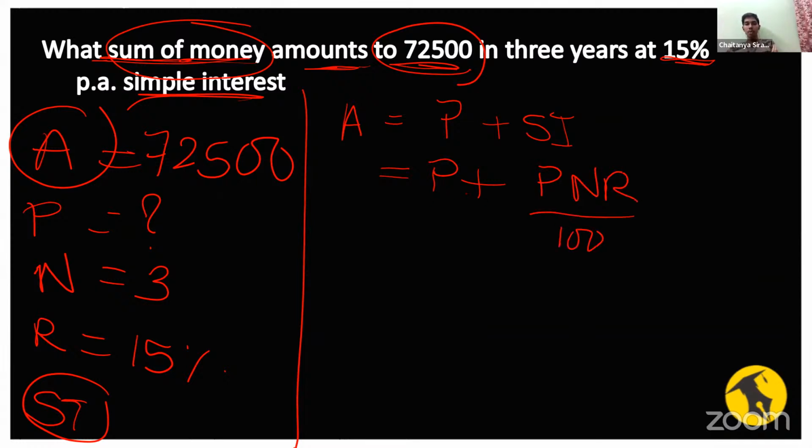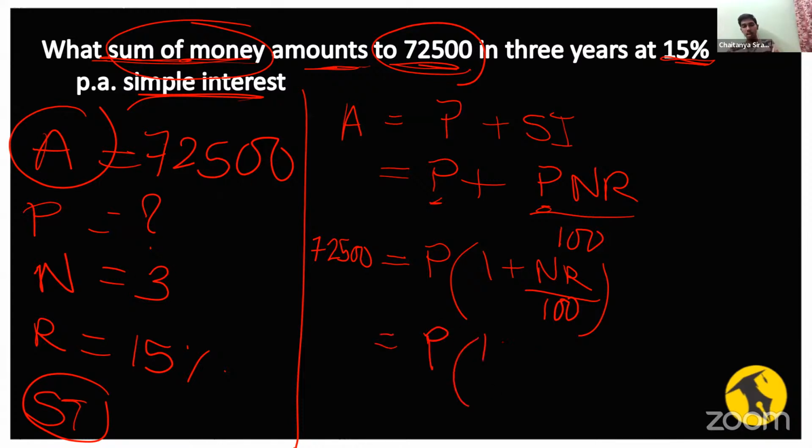Can I take the P out of these two as common? 1 plus NR by 100, and the amount I have is 7,2500. I know the number of years, it is 3, and the rate of interest is also given. 1 plus 3 times 15, which is 45. I'll write it directly as 45